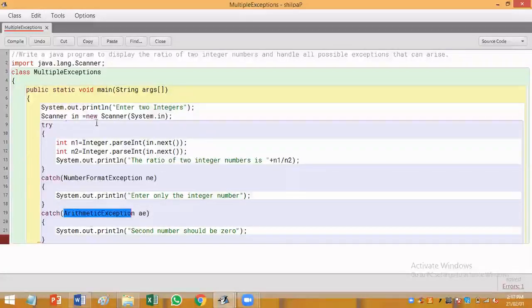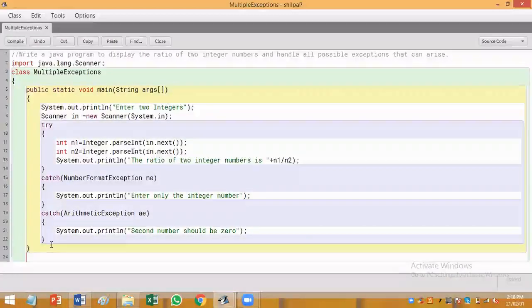So this is an example program where one try block is followed by multiple catch blocks. Okay. So now I'll close the main method and the class.